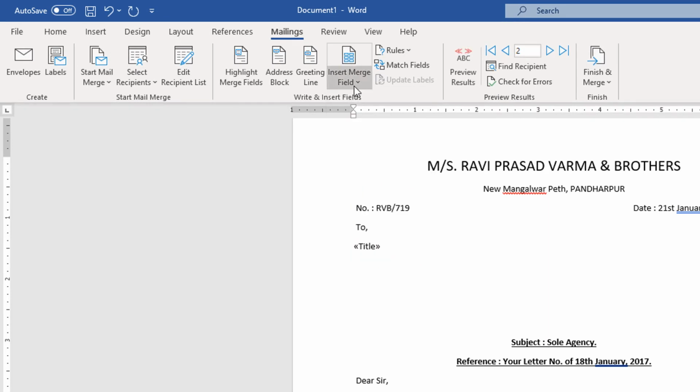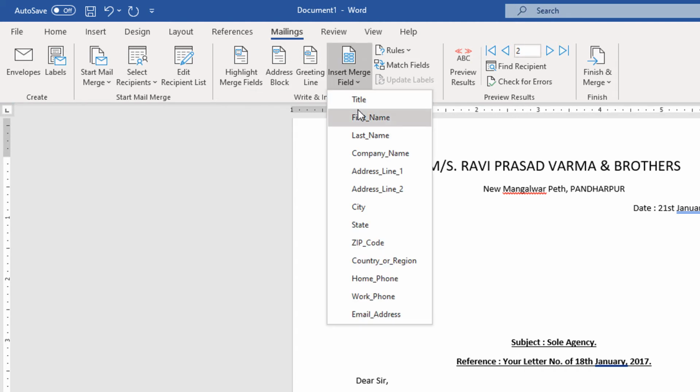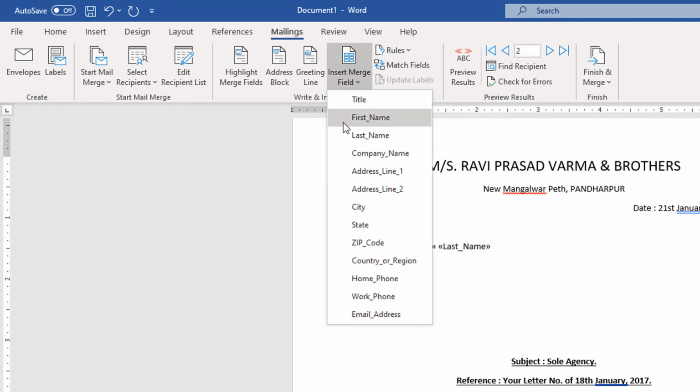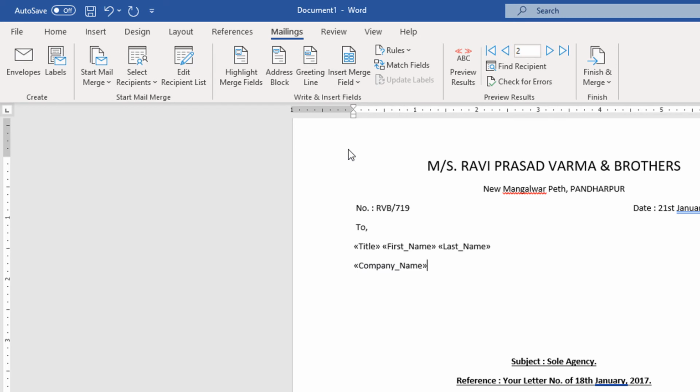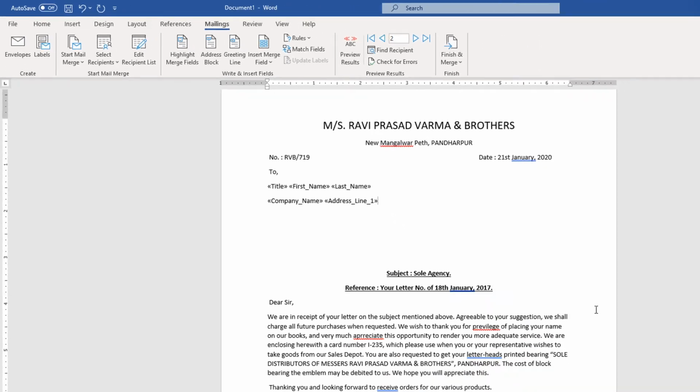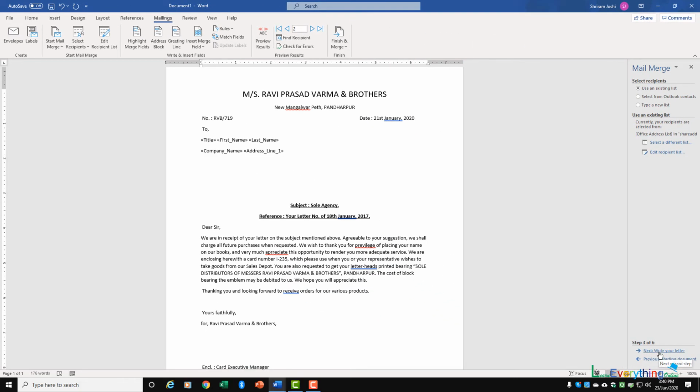First is title. I am using space bar in between 2 field names, and last name. I am using enter now to go to next line. My company name, again space bar, and address line 1. That's it. Now if I click on next, I can easily see that next step will help me understand that if you have not already done so, write your letter now. Mail merge is guiding me that if your file is blank, now add your letter content.